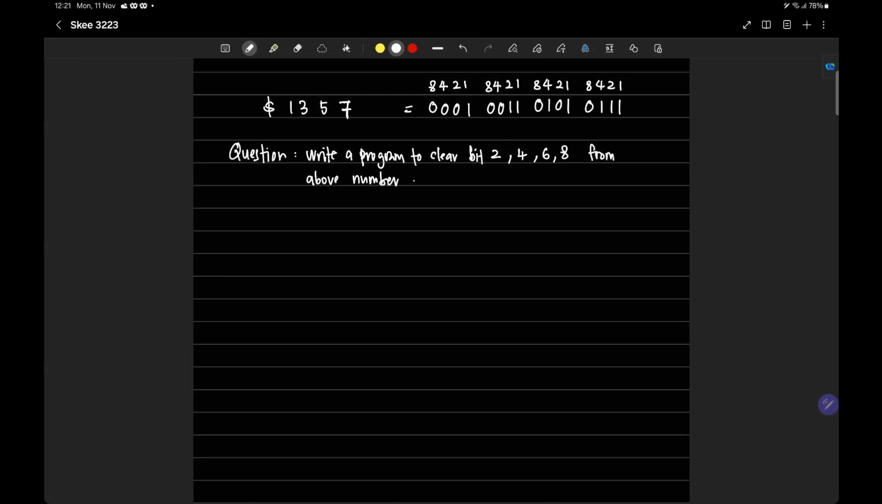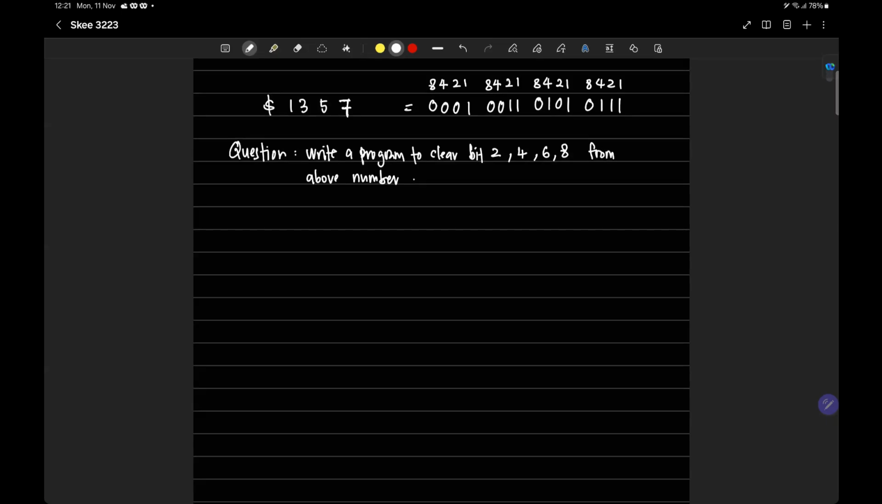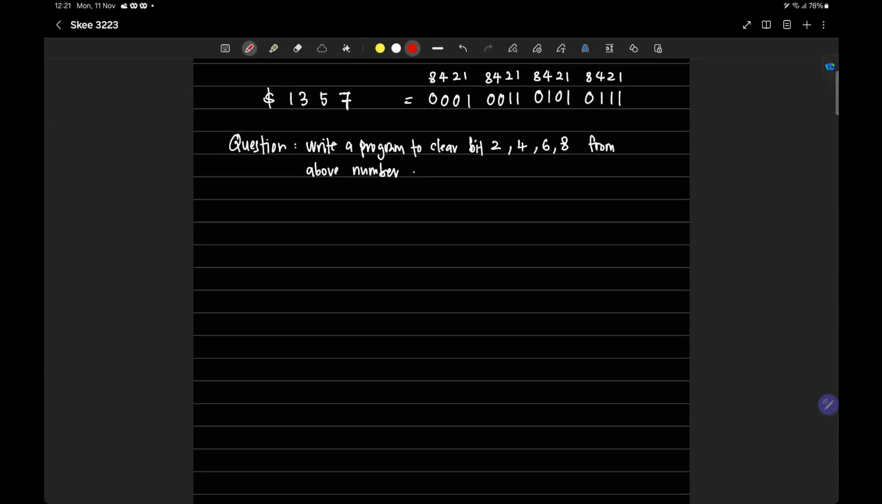So how to do it? You're going to write a program to clear bit 2, 4, 6, and 8 from the above number. In this example, you need to identify where is bit 2, where is bit 4, 6, and 8. So this is bit 0, 1, 2, 3, 4, 5, 6, 7, 8, 9, 10, 11, 12,